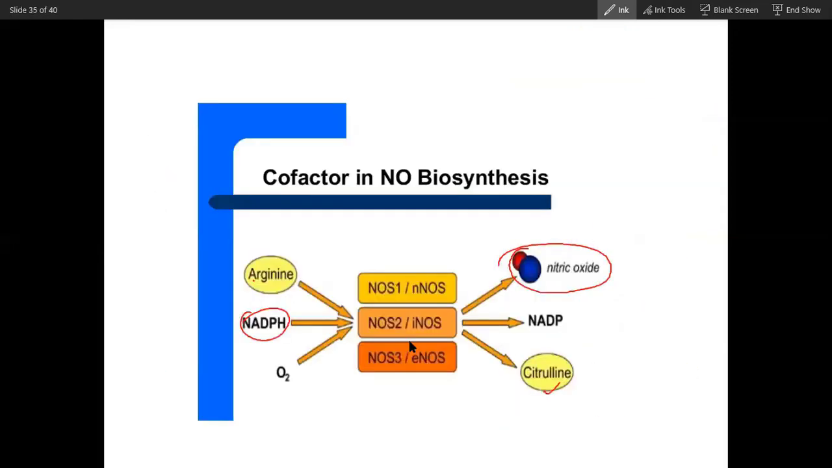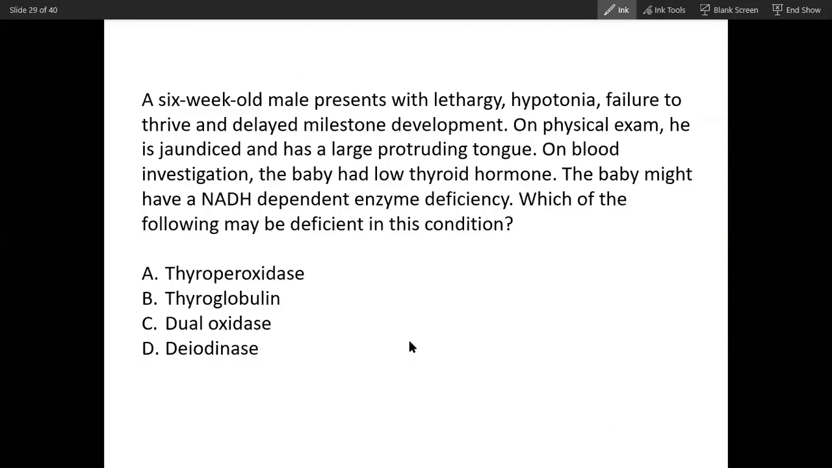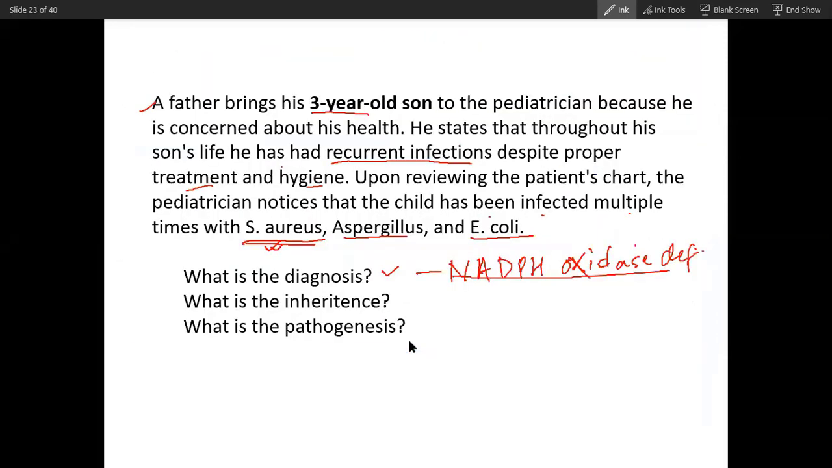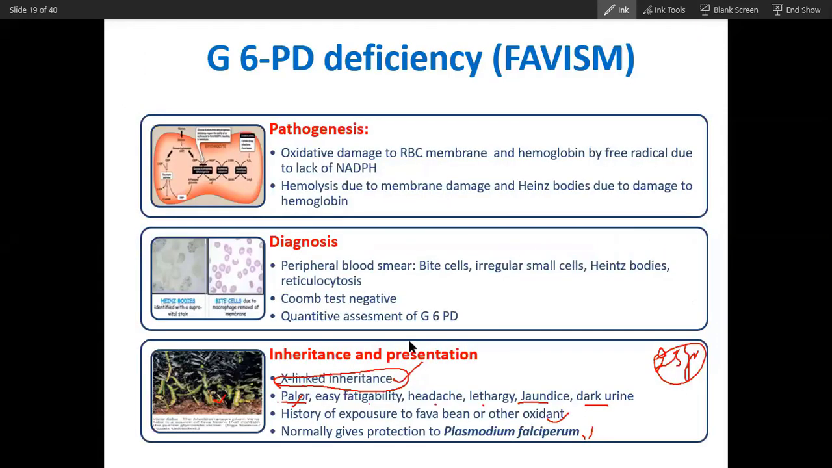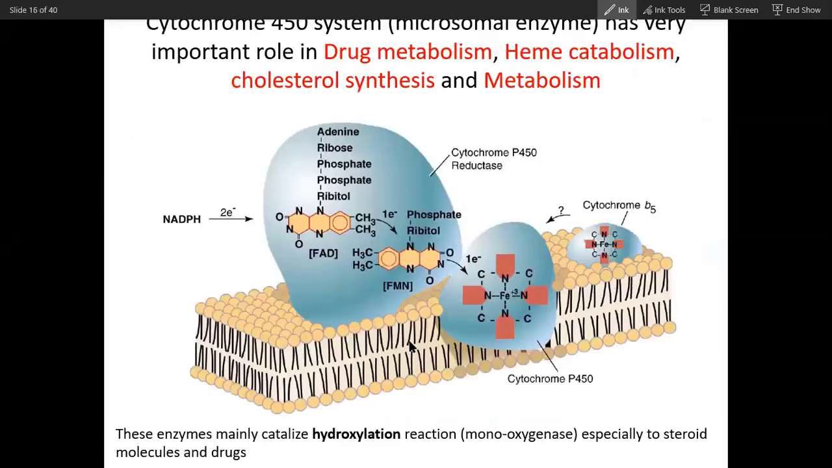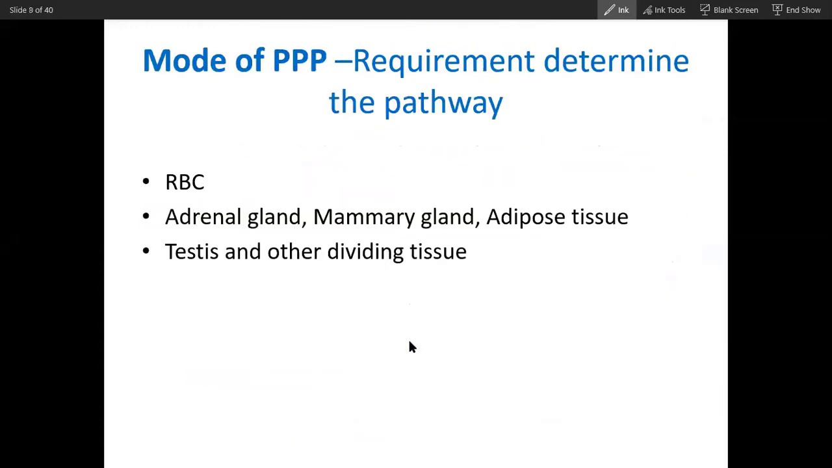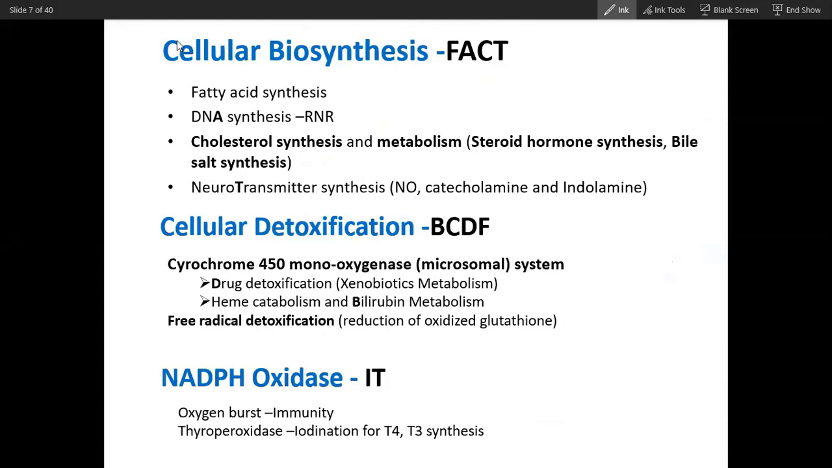So did you all understand this chapter? This is basically production of NADPH and utilization of NADPH. So actually I elaborated this. You can see, we talked about this in detail, oxidative burst. We talked about what? Production of this, G6PD. That's all. So did you